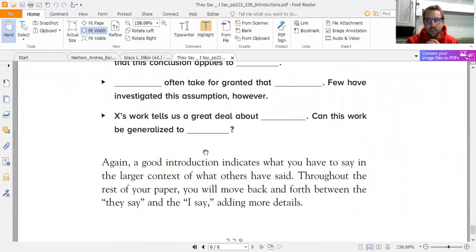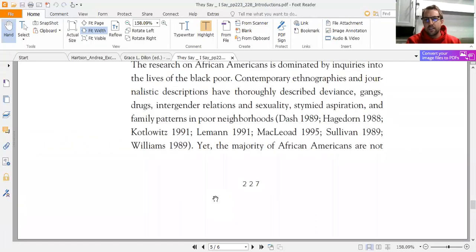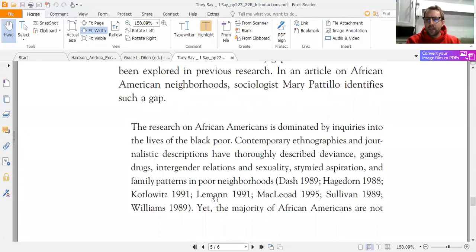So the last piece here, I just want to point out, again, a good introduction indicates what you have to say in the larger context of what others have said, right? So you're going to be making sure you're thinking about that larger context, right? Because for the rest of the paper, you move back and forth between the they say and I say, adding more details, right? You're sitting at this higher conceptual level, and you can see that in the examples that they give you,